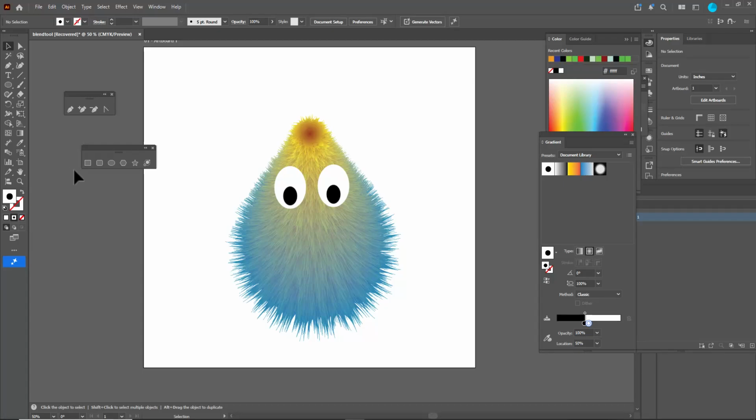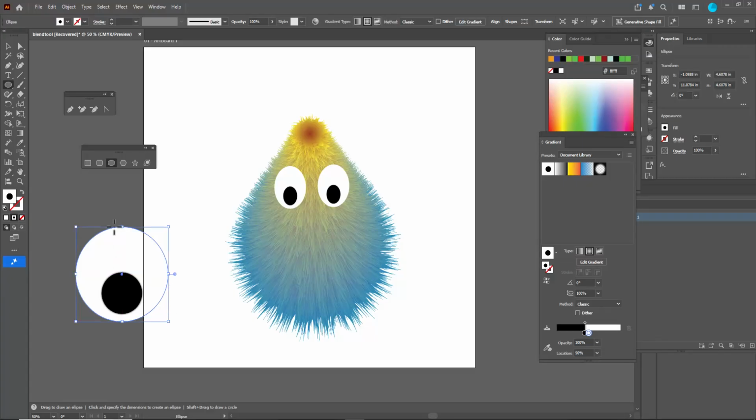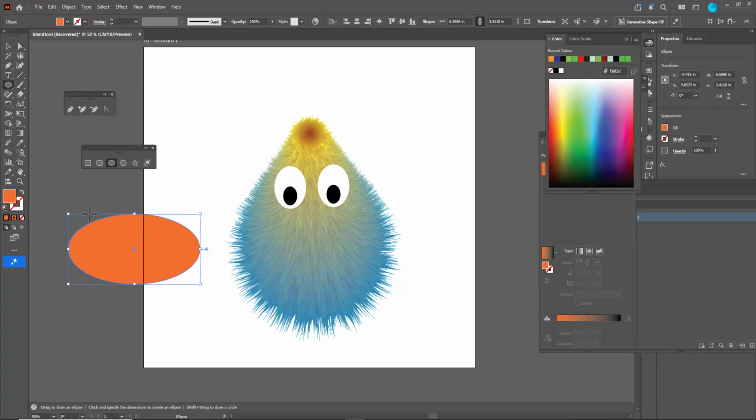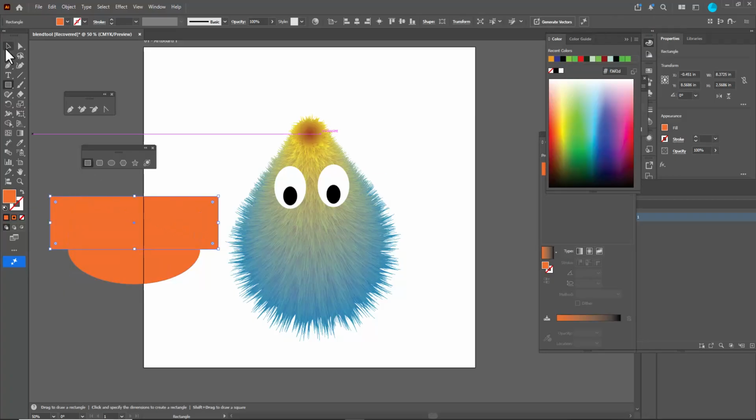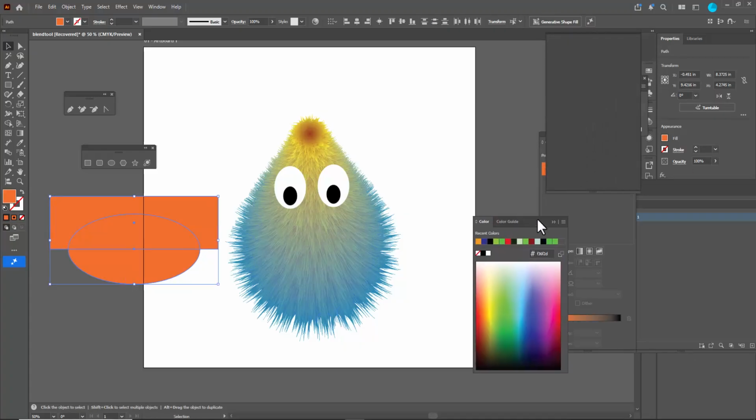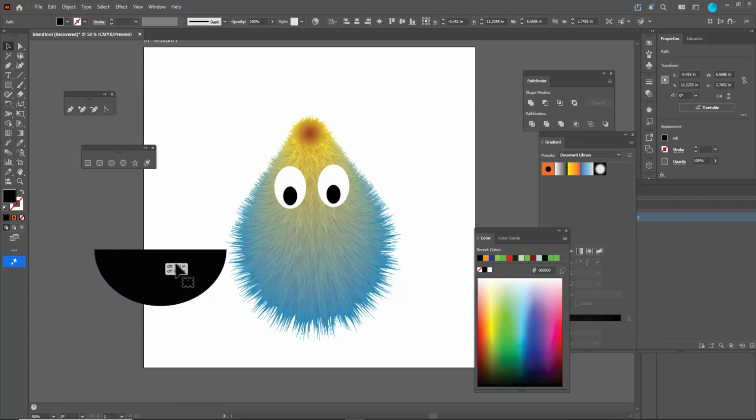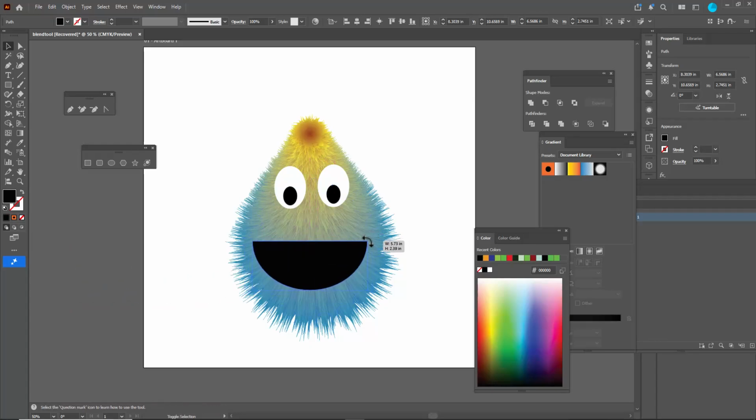Then the next thing we'll be doing is we will just select an ellipse here. We can just create an oval shape, and then we can just change its color, right? And then we will just cut this ellipse. We will use the pathfinder. So let's see, where is the pathfinder? Here is the pathfinder, and we will cut the shape. So this is the mouth actually. So we can just give some color to the mouth, and we can just keep it over here,